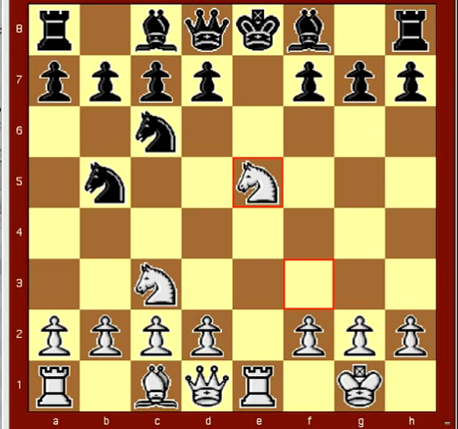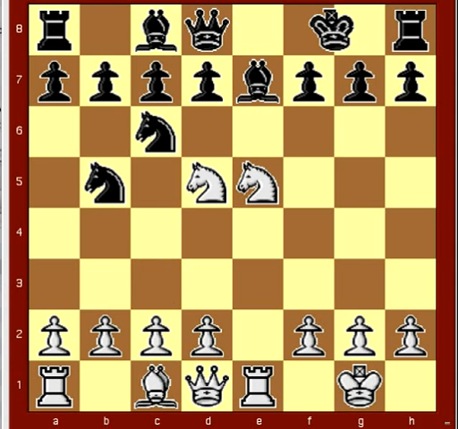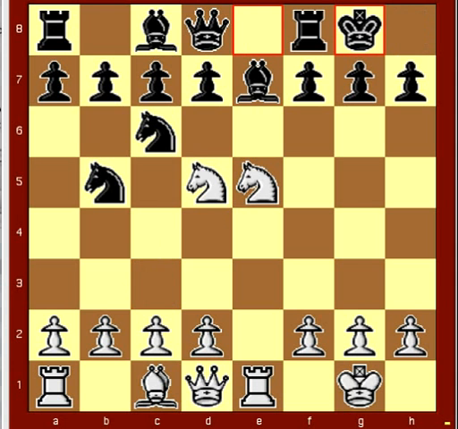Black's 7th move, bishop to king 2. We thus intercept the dangerous file against our king and develop a piece. Two great advantages. Knight to queen 5, black castles, knight takes knight,